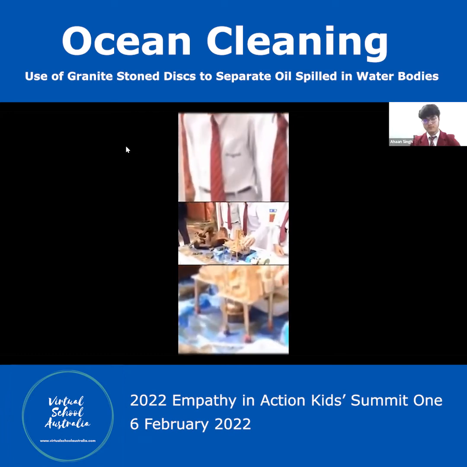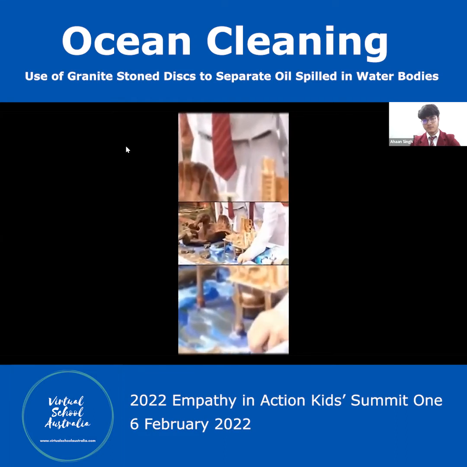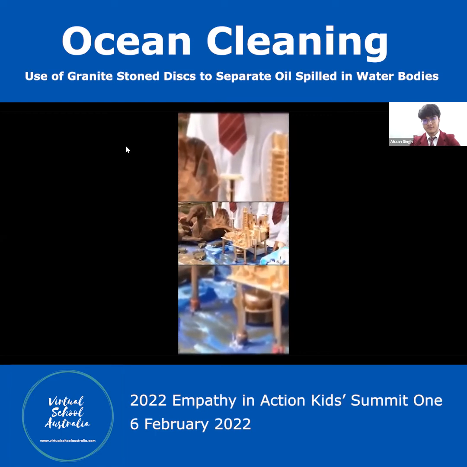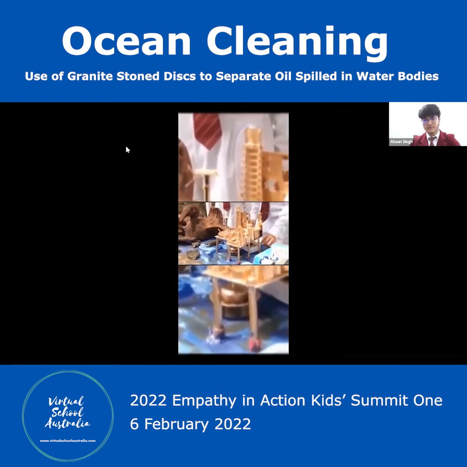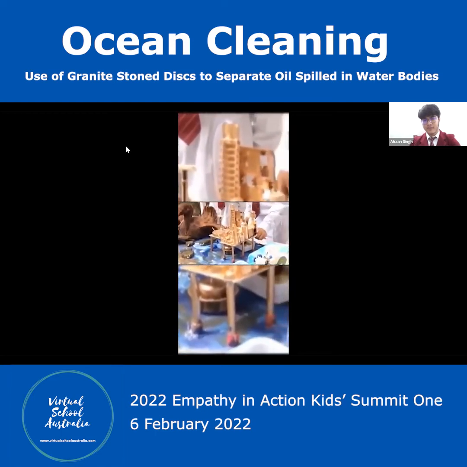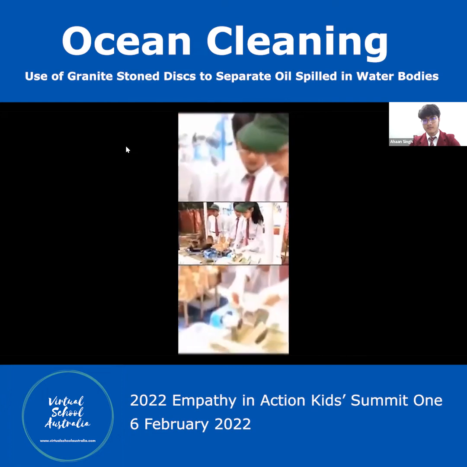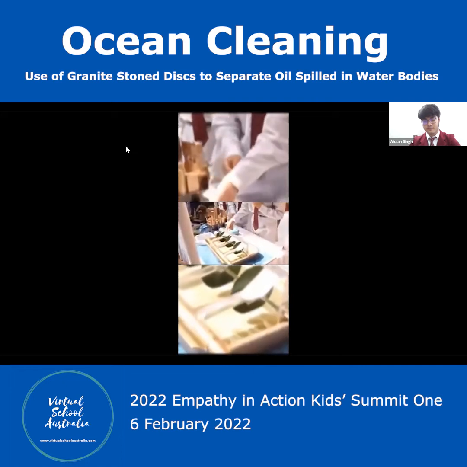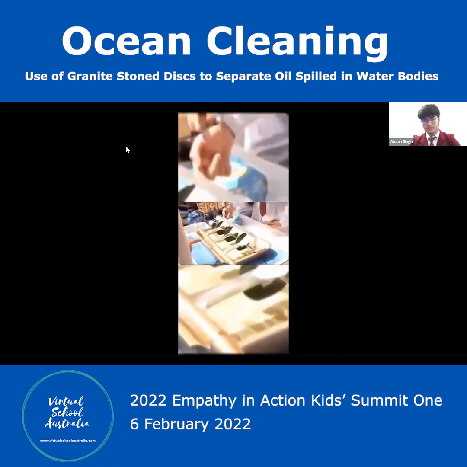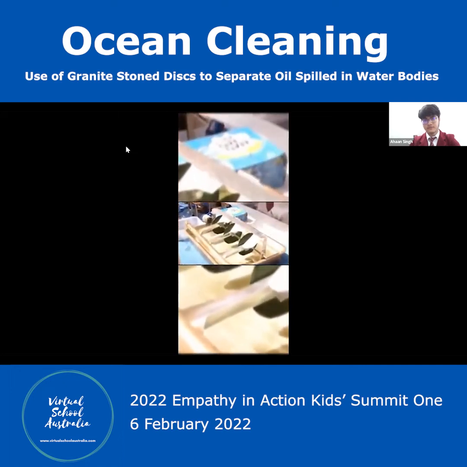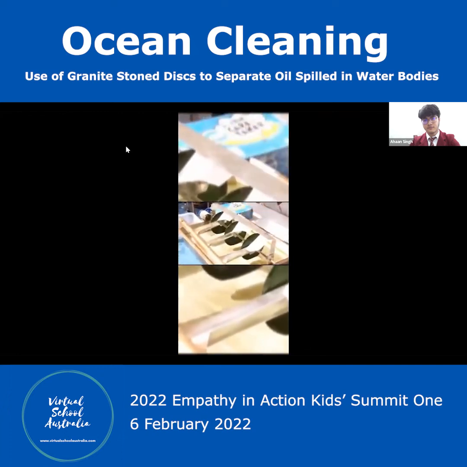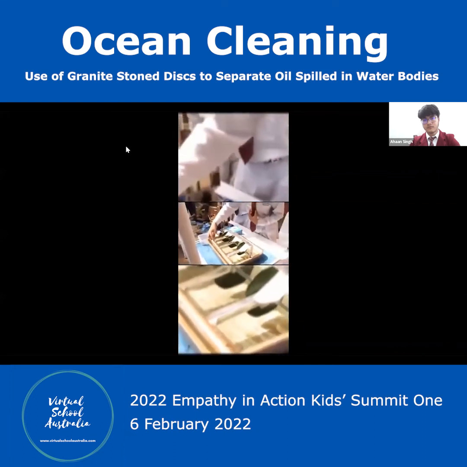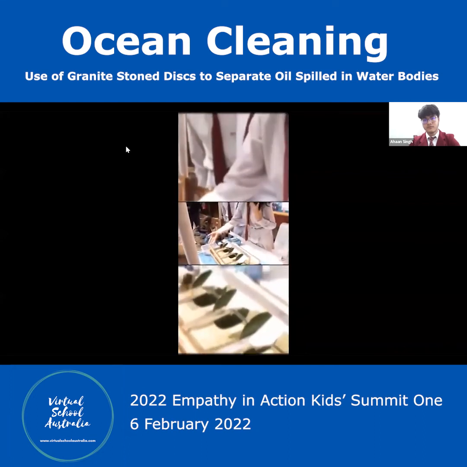Spill the oil into the ocean. As you can see, it's spilling the oil. You have used your container. You connected it with the pipe, and it contains water and oil. When you connect this to the batteries, we made this from granite stone. Granite stone. And the discs are on rotation, take the oil from the ocean and deposit it into an aluminum style here, which then goes into this pipe and then it comes here.